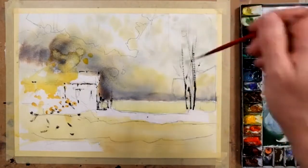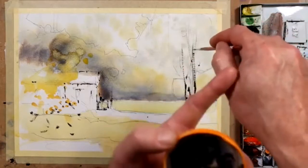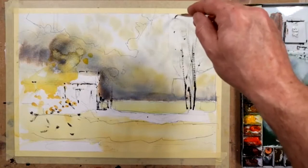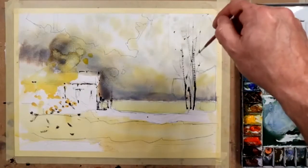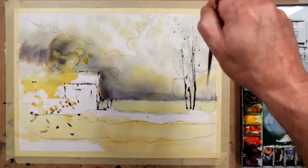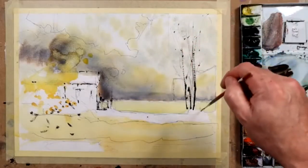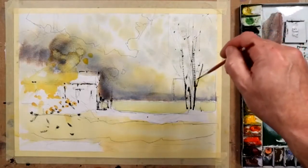So to flick it, I basically hover over the painting about here and lock my arm. And then it's more or less movement of the fingers rather than the arm or the wrist even. It's mostly down to just pushing the fingers in this sort of fashion. Okay, so